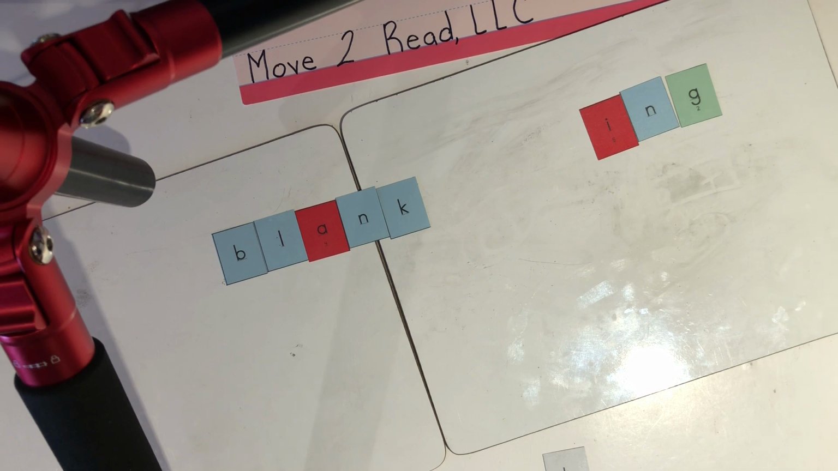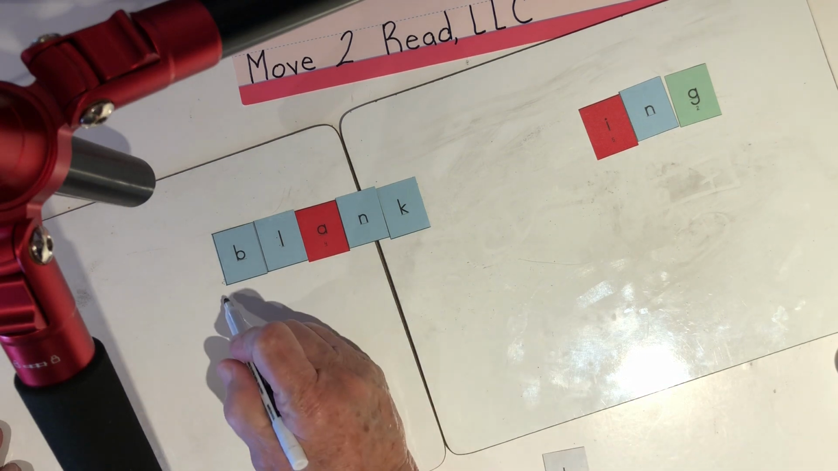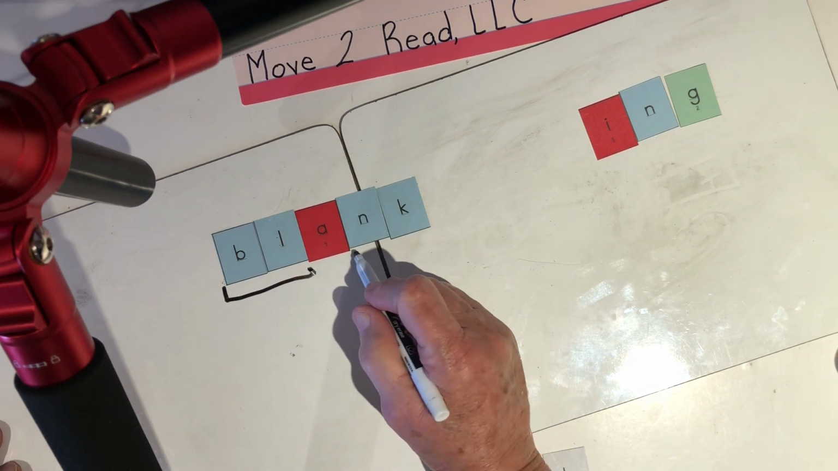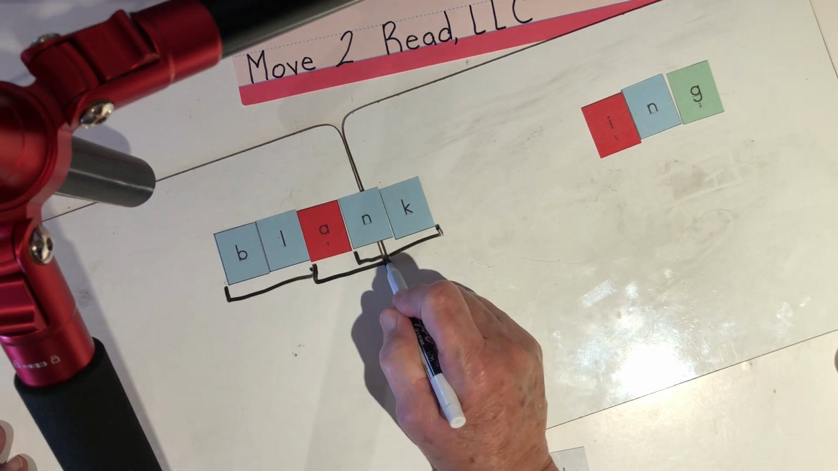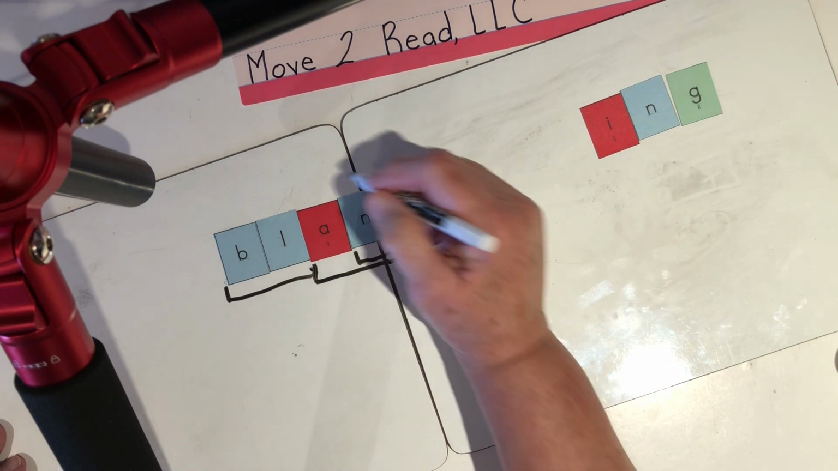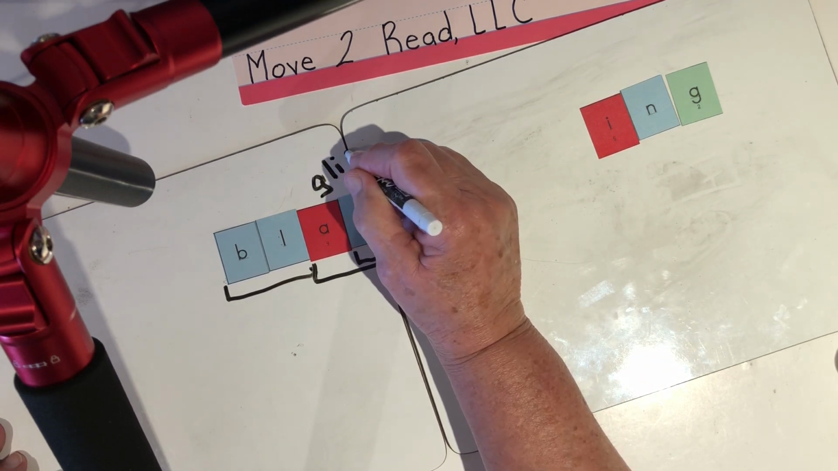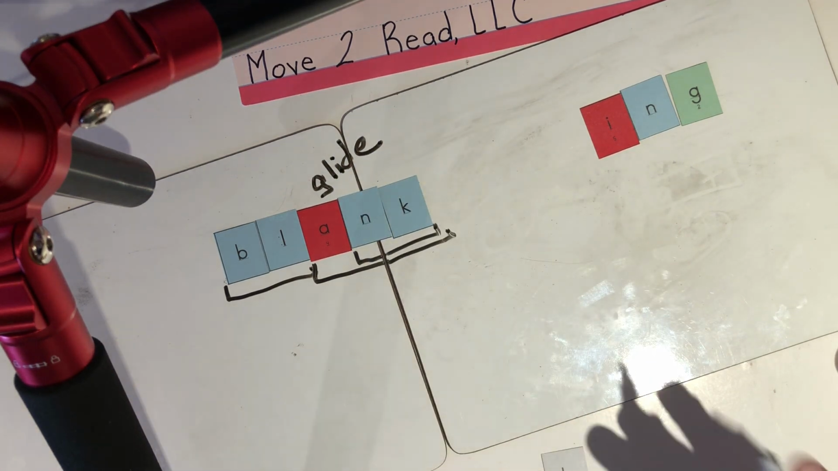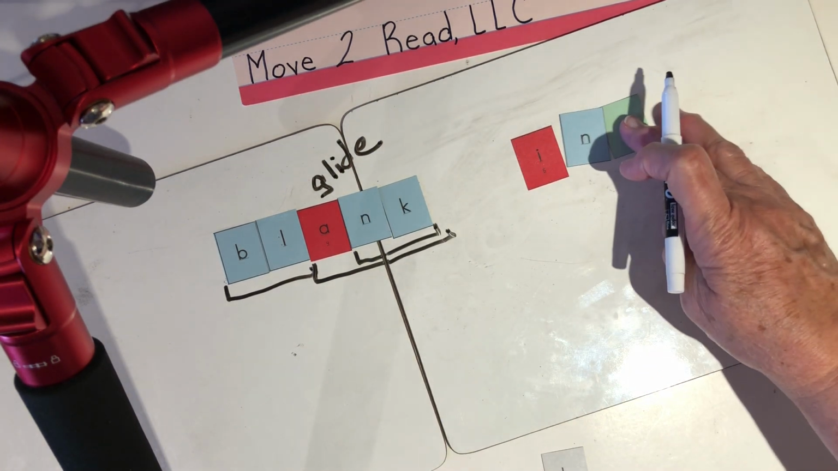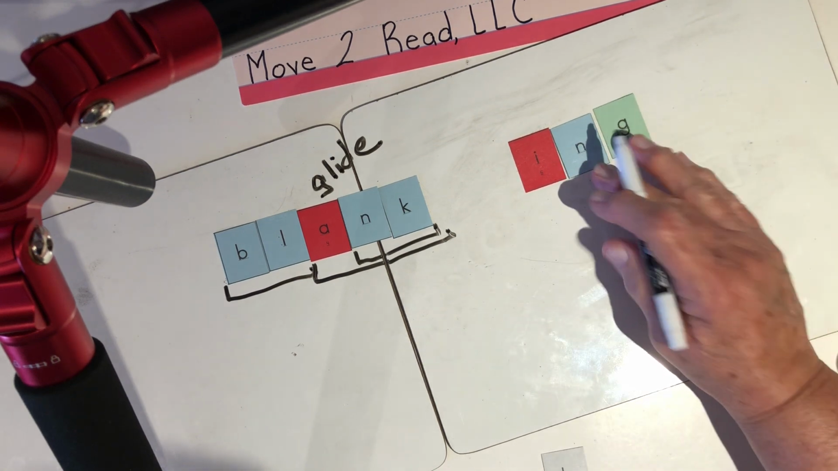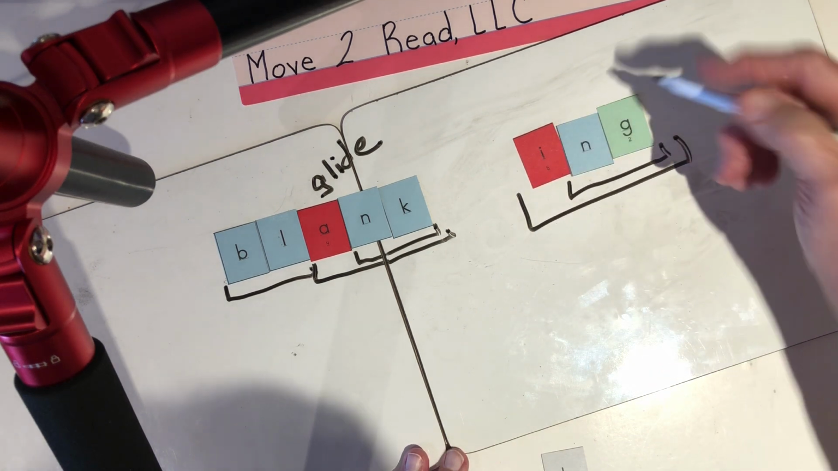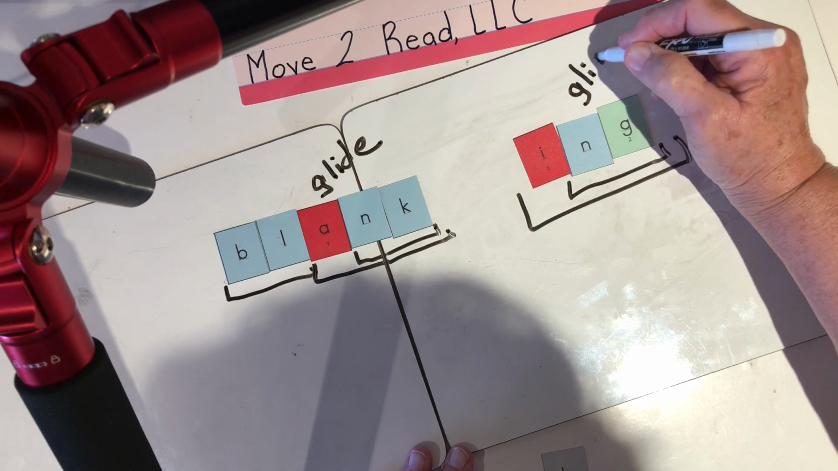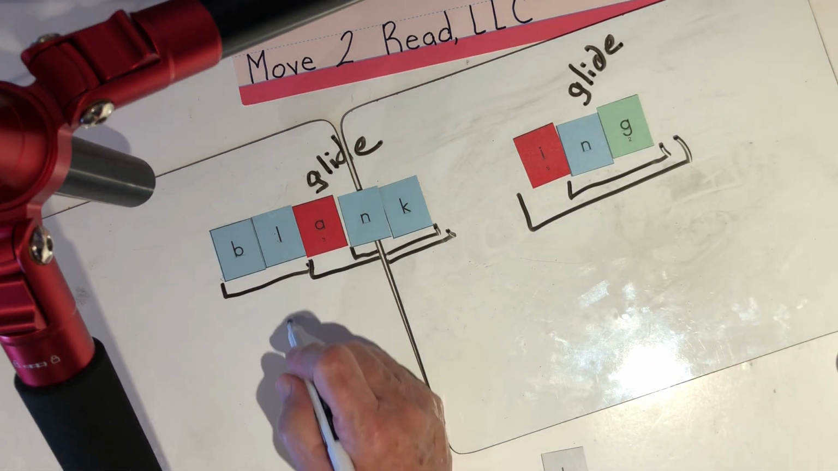Then I'm going to analyze my word, and I'm going to go, oh, I see the blend of BL. Then I see the blend or the glide of NK. And now I have to put the vowel in there to make it proper. I'm going to write glide up here. Then I have my suffix. Same thing. We have to bracket our NG, bracket our ING, and the NG is a glide. Under here, we're going to go